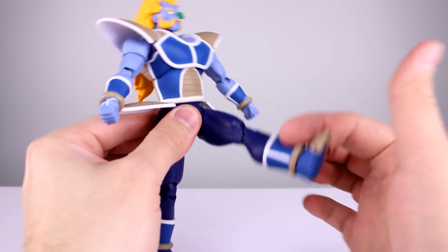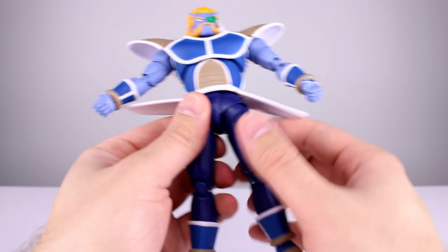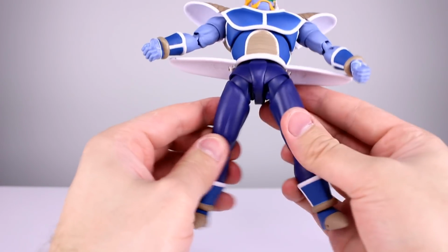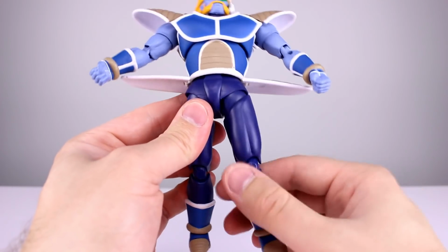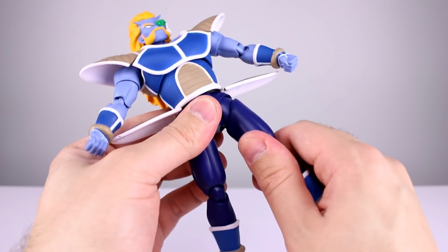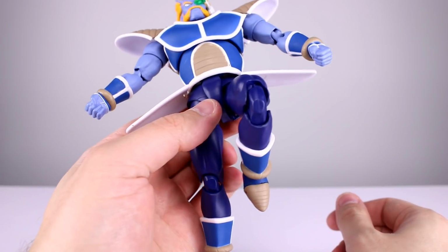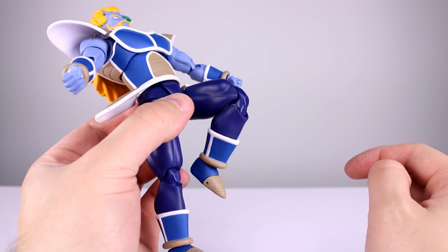Legs can rotate forward and back. They are still floppy. Going out to the side, there's a hinge that doesn't really work on either leg for this guy. That is not the hinge that you're seeing. That is the loose ball peg that holds the legs together. So that's not good. Thigh swivel, completely frozen. Double jointed knees work well enough, but are entirely ugly, have a giant flat spot on them,